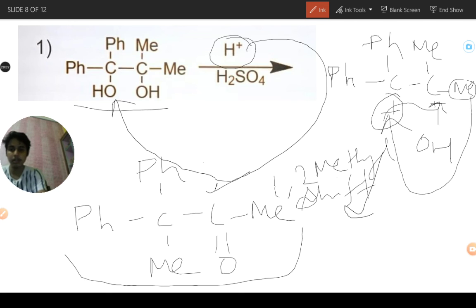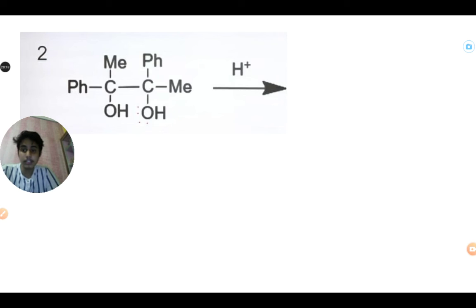We have seen two adjacent OH groups here, means vicinal diol, so it is a pinacol and this is pinacolone. This is all about pinacol and pinacolone reaction. If you want to do more examples, I have given in the slides two more questions. If you have any query in these two questions, you can ask me. I will give you a hint in question number 2.